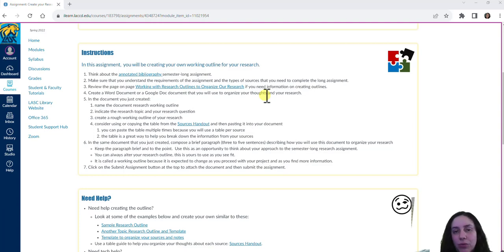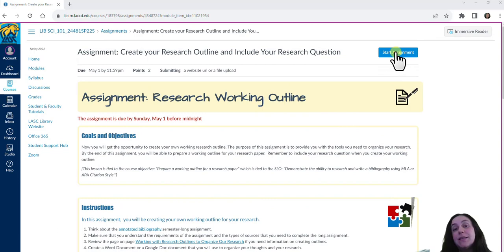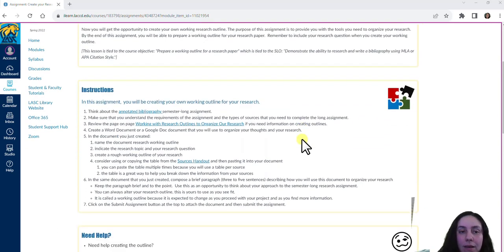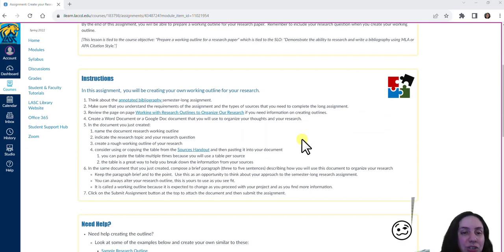I expect that through the next weeks that we're going to be working on this research project, you may go ahead and change your outline or reorganize depending on the information that you find. Then you may need to just reorganize your structure for your research. You're going to create this document, then you're going to upload it into this assignment. So I'm going to give you a demonstration on how to do that using Word Online. And I'm going to open up